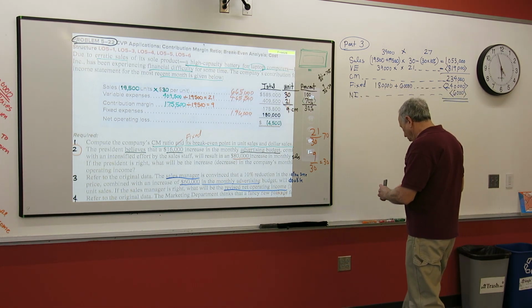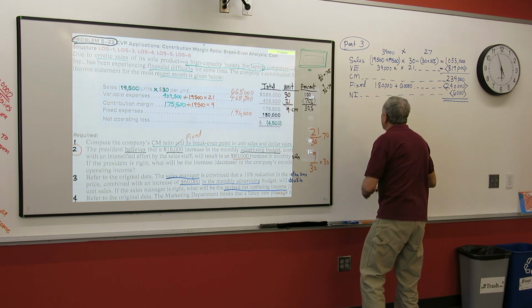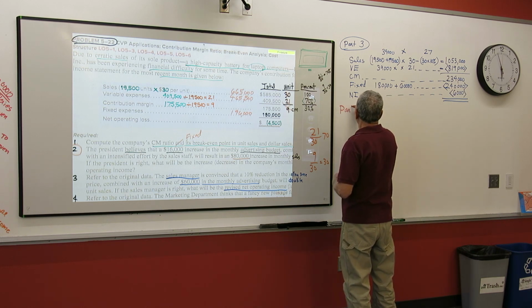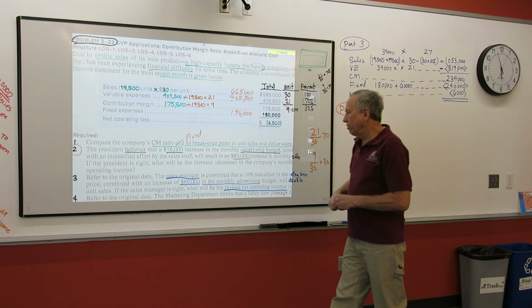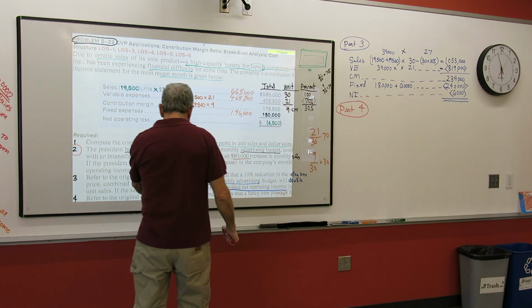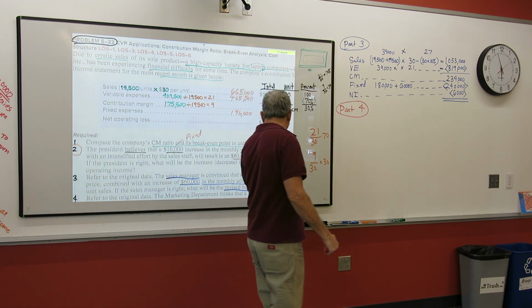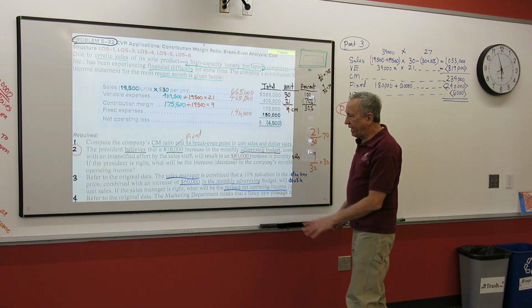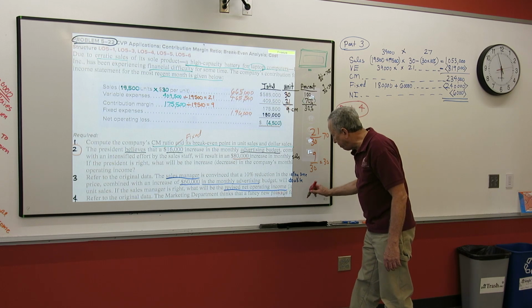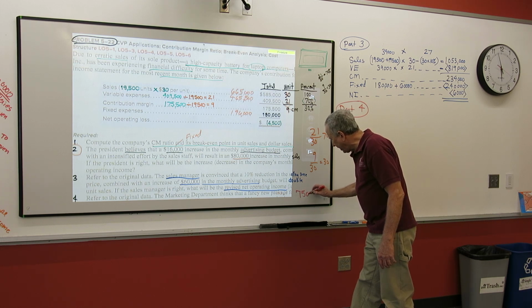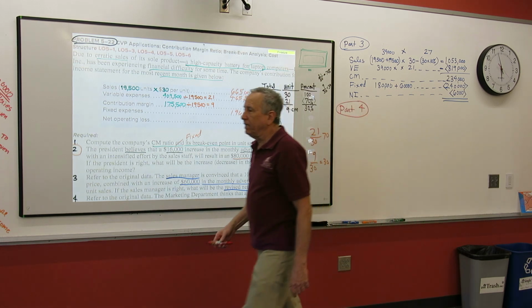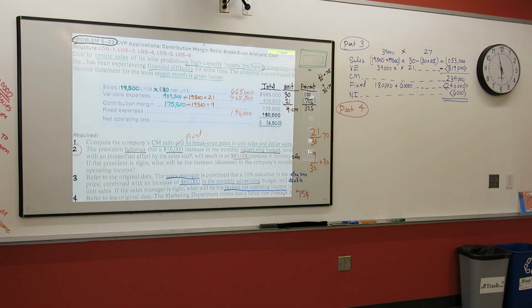In part 4, which is the last part we're going to work, it says refer to the original data. The marketing department thinks that a fancy new package. Now you can't see all of it, but they think that there's a fancy new packaging and they're going to put it in a fancy new package, and that package is going to cost, I believe, 75 cents. All right. Let's see, I'm just going to check my notes to see if that's what it does cost.